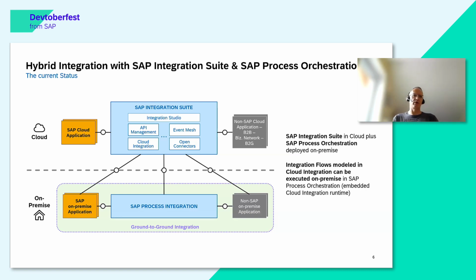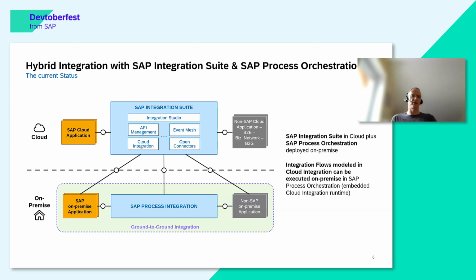But the whole runtime management and life cycle of the product is different, and that's not the optimal situation we're having for the integration of on-premise applications, and that's one of the reasons why we are looking for providing a different